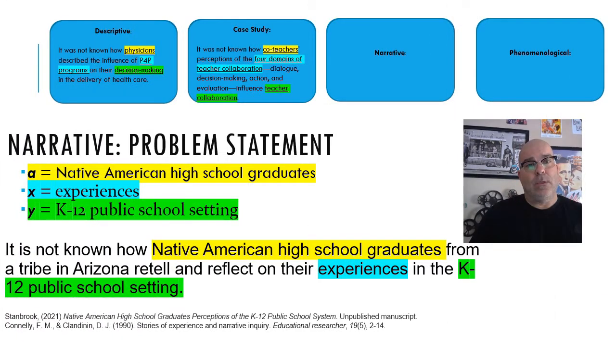A student with whom I just worked and is in the prospectus phase, we're going to use hers as an example of a narrative problem statement. We have our previous examples of the descriptive and the case study above, and you'll see that we follow a similar rhythm. So again, if you accept that A equals Native American high school graduates, and X equals experiences, and